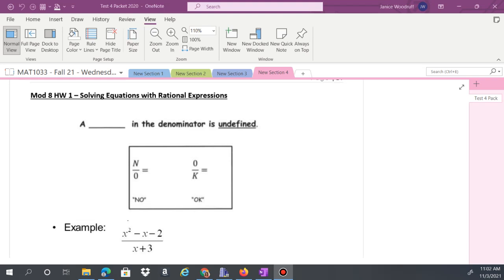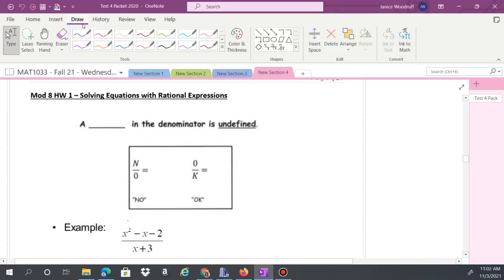Module 8, Homework 1. We are doing rational expressions. This is probably Module 8, probably the hardest module. So we really want to take your time and follow the steps as you go through each of the problems. So we're just going to start with finding the domain of these problems so that we can cross out incorrect